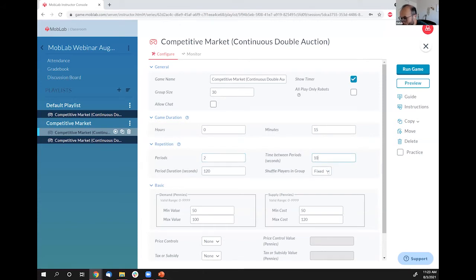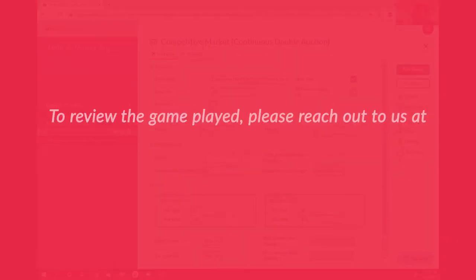There's a 10-second pause between, and I'm going to rotate your roles. So you're going to be either a buyer in the first round and a seller in the second round, or a seller in the first round and a buyer in the second round. That way you can get a sense of both of these roles. And just for the sake of time, because you guys are probably very aware of the market and this setup, instead of the 2 minutes, I'm going to just do 1.5 minutes, just so that we can move along a little bit quicker. Again, this is really just a warm up so that you guys can get a sense of this game.